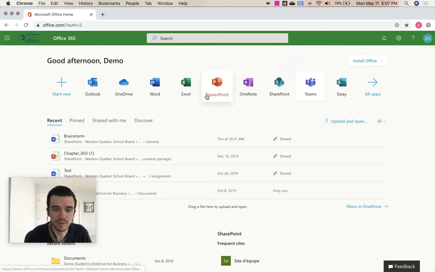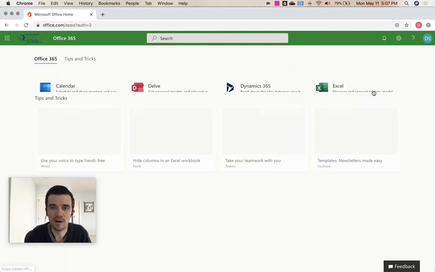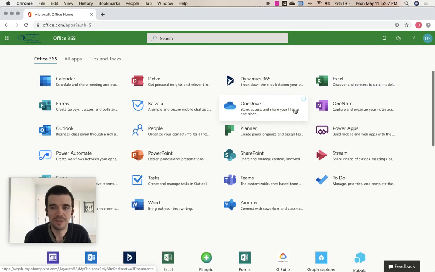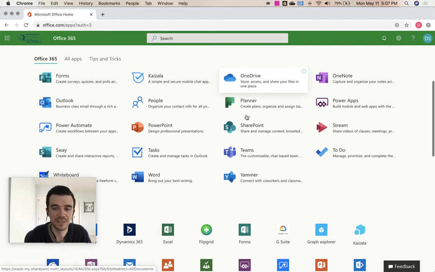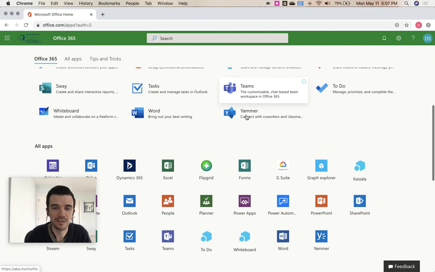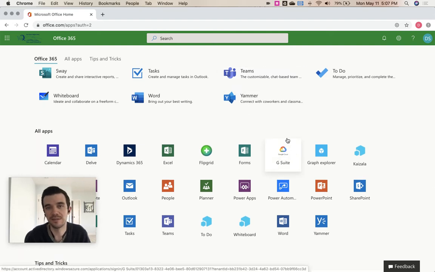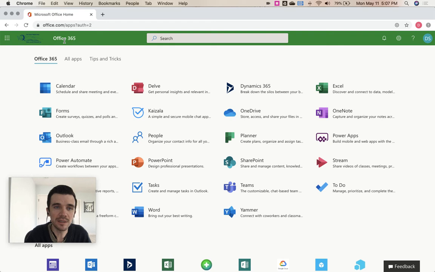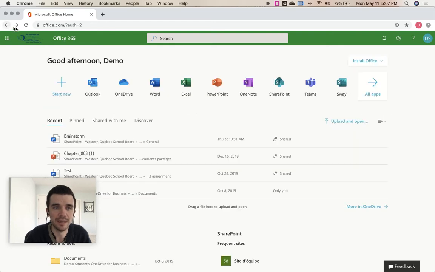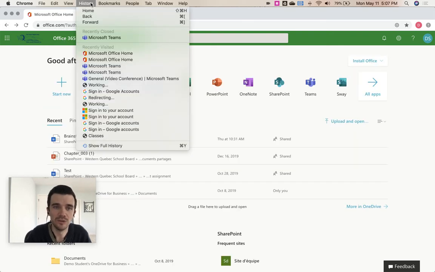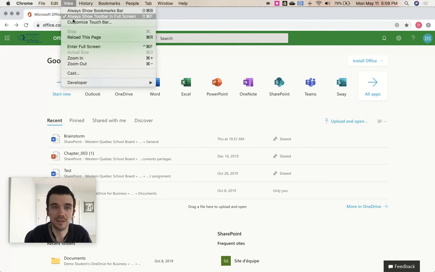And one other thing from this page, you can see that this is just a list of some of the applications available with Office 365. If they click on all apps, they'll be brought to a list of really everything that's included with Office 365. And one of the things that you notice under here is there's actually a link to GSuite right there, which will take us, if you're using Google for Education tools, you can click on that. Again, we set up a bookmark right in our set of bookmarks that we can use to one click get